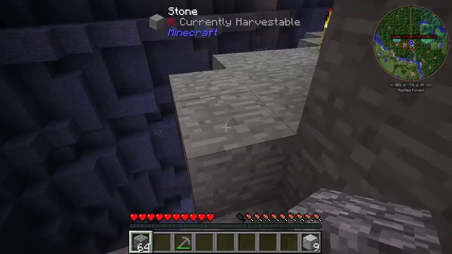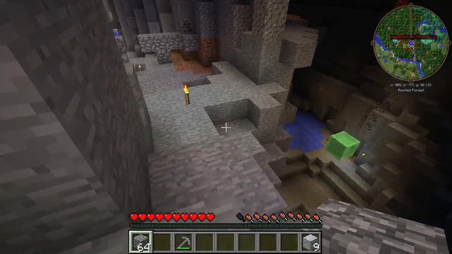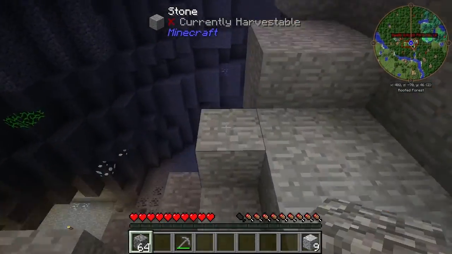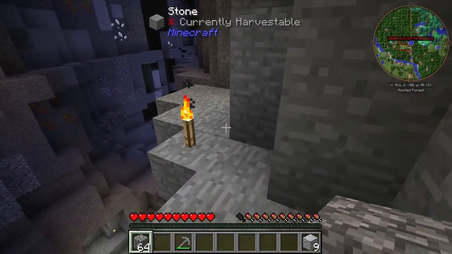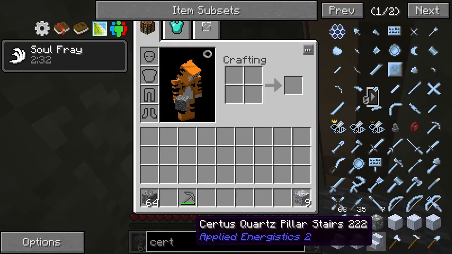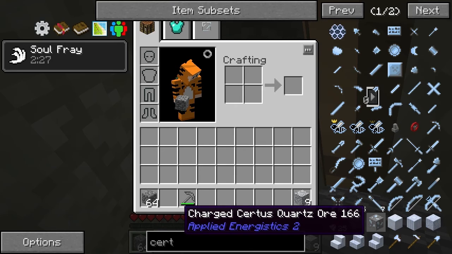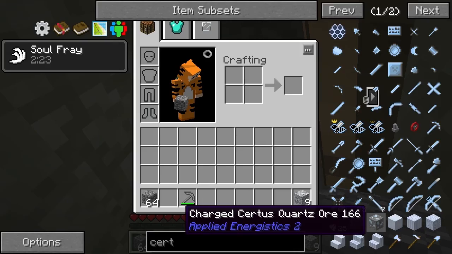Oh, I knew I'd forget something. See those crystal things over there? Those are from Applied Energistics 2, and those are Certus Crystal Quartz. And what those do is they have a use in all kinds of fun Applied Energistics things. So there's two types. There's Certus Quartz and Charged Certus Quartz. Now, I can't remember if there's a visual indicator when you get the Charged Certus Quartz or if it's got a...